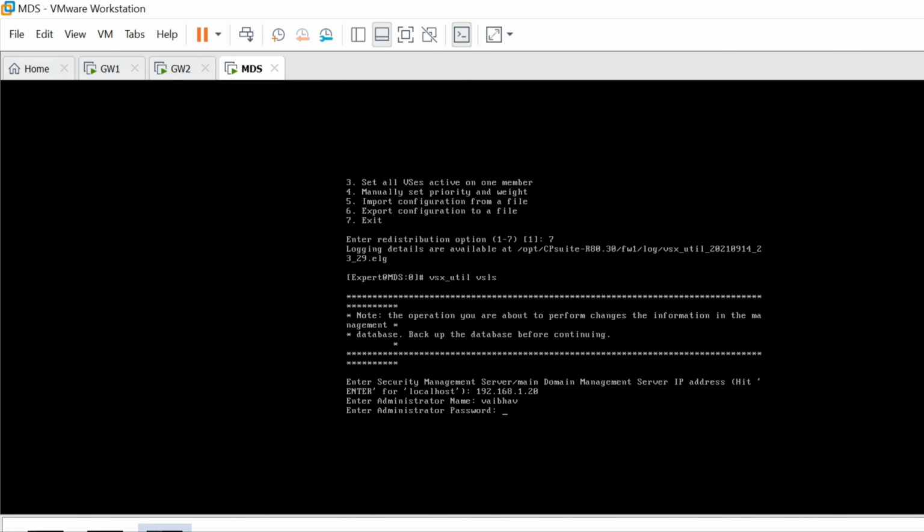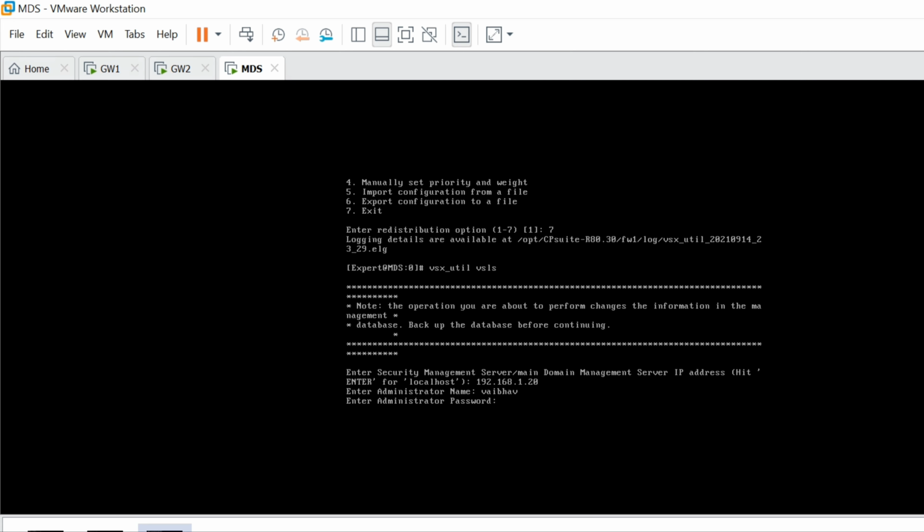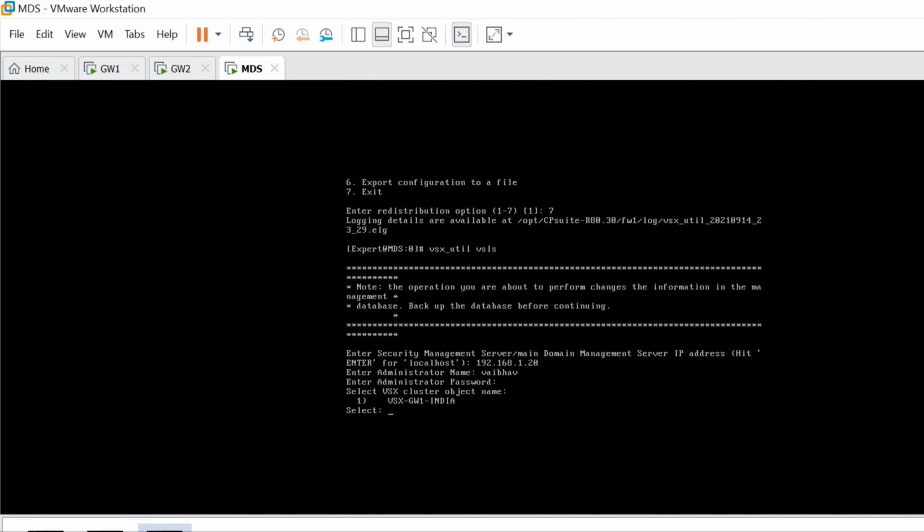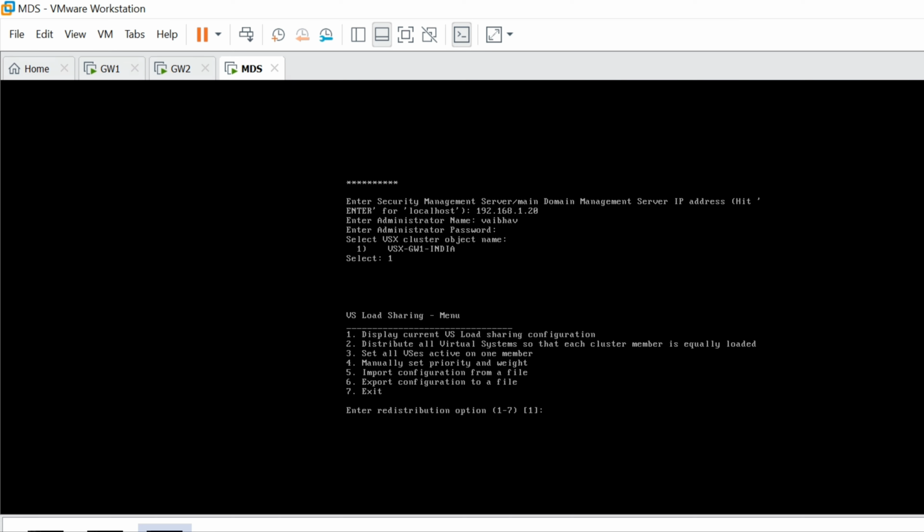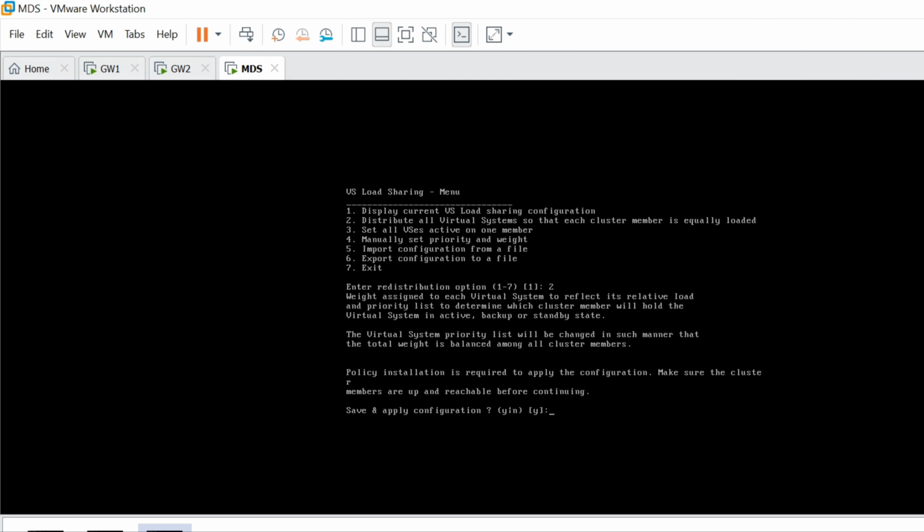Alright. VS load sharing configuration saved successfully. Virtual systems were successfully redistributed and installing the new policy now. Okay. Let's wait for a couple of seconds so that the policy gets reinstalled.